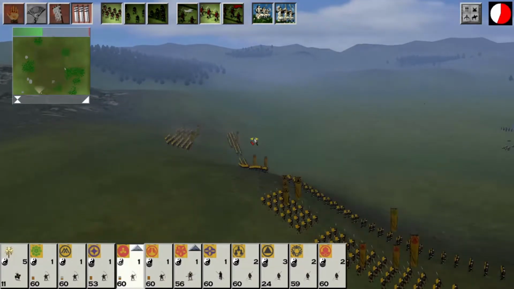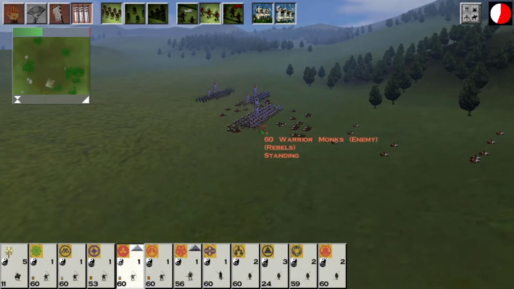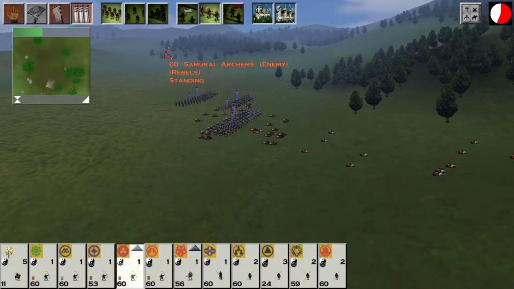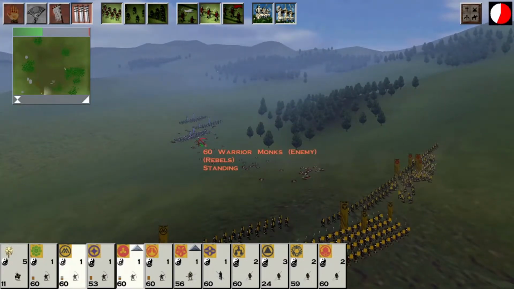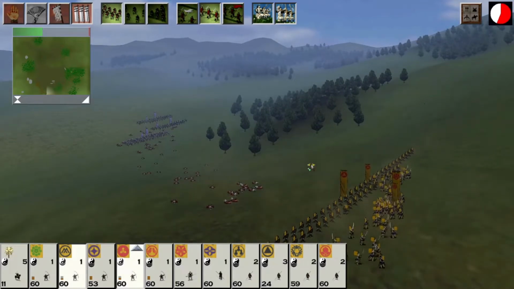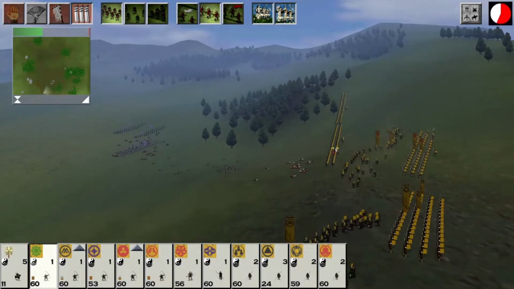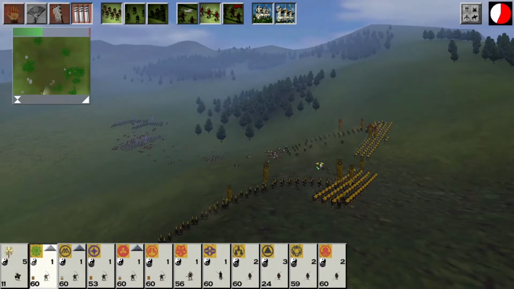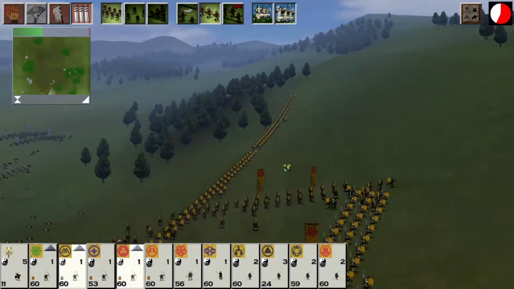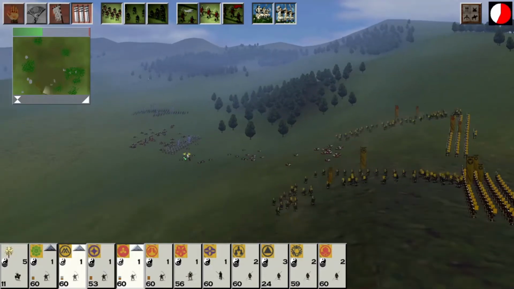Alright, now they have started to bring some more units from the back. Looks like another unit of warrior monks. And that general unit is still in the back. And this is making me think, see, now I'm in a position where I have less than half of the time remaining. So now I gotta be a little bit more aggressive than I wanted to be. So at this point, I'm just gonna push...